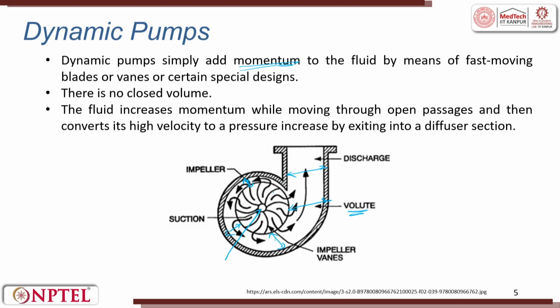So, in the impeller you will have vanes. These are vanes. The arc like profile which is given, these are called as vanes. So, water enters through this suction, then passes through these vanes, and then it is rotated inside a casing. This casing, the radius increases. So, the momentum increases when it is exiting out. So, that is why it is told as a certain special design.